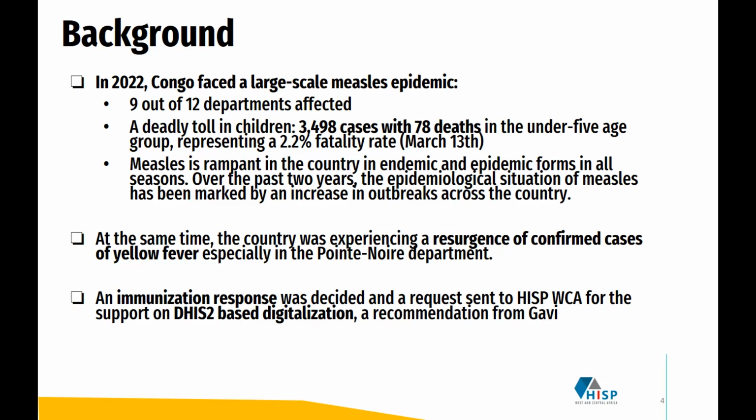You should know that in Congo, measles is rampant in epidemic and endemic mode, but over the previous years we have seen an increase in outbreaks across the country. At the same time, the country was facing a resurgence in yellow fever, especially in the Pointe-Noire department. So it was decided to have an immunization response, and that it would be done in DHIS2,